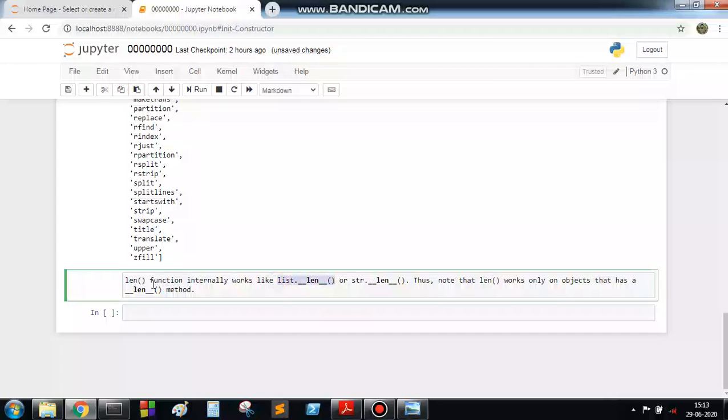You are passing a list inside len, but it works this way. Thus note that length works only on objects, specifically only on objects which have the double underscore len double underscore method associated with them. Okay, clear?